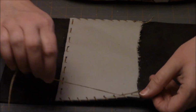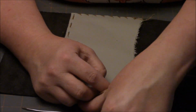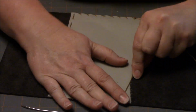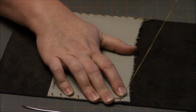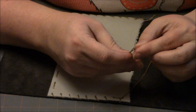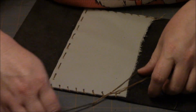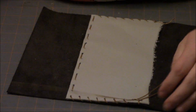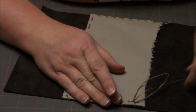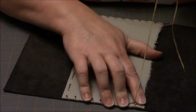And then you take, the way I do it, other people may do it differently, I don't know. And I go through and I tighten that up, just like that. I'm going to do it one more time. I'm going to do it at least 2 more times, but I hope that I can get this to where you can see it. Okay. Go through your last stitch all the way through, which I did make mine a little too large, which I can always, I'm going to show you what to do with that too. You just loop it back through that,